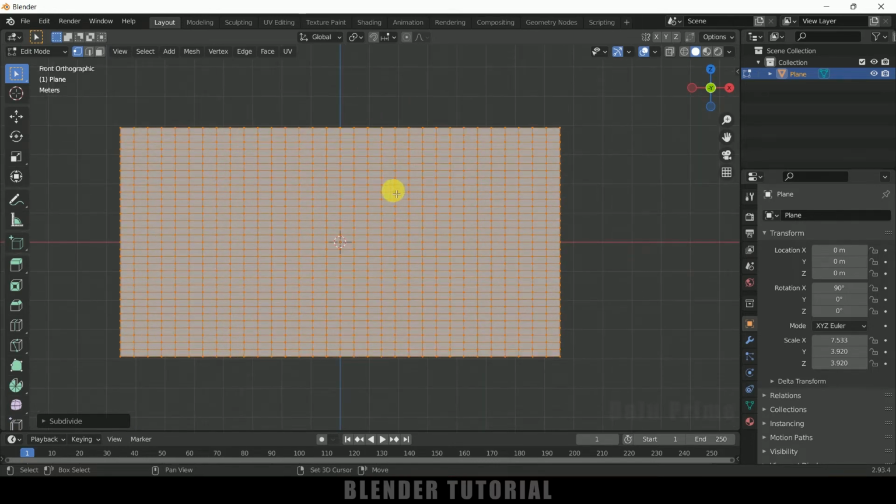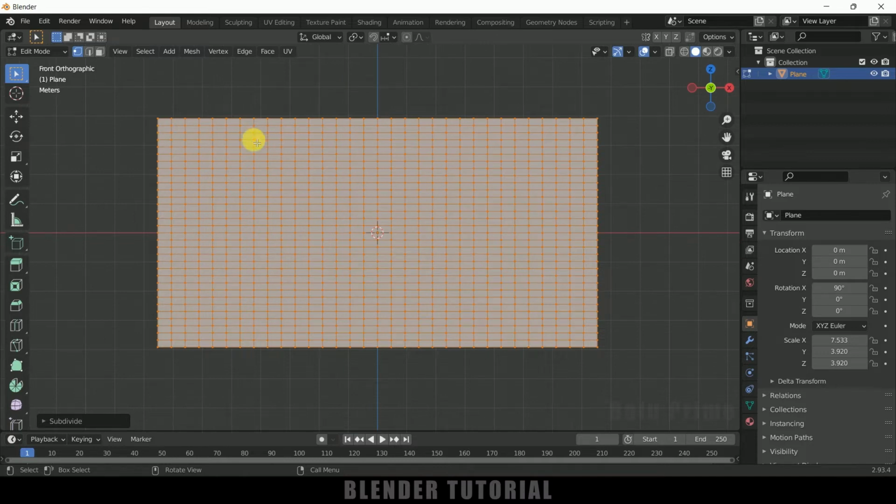So now I will be deleting a few of the faces here. So let me change this to face mode so that only faces will be selected. And let me select these faces here like this. So let me select these faces here, okay, and hold shift key. So after leaving 3 rows, now let me select these faces here. So here I have selected these faces.